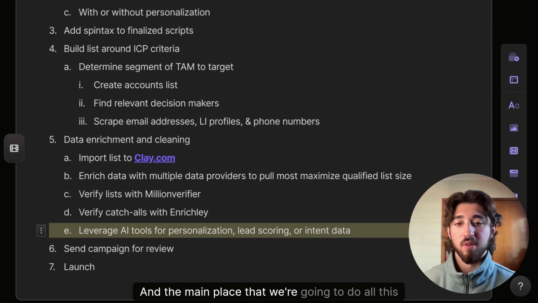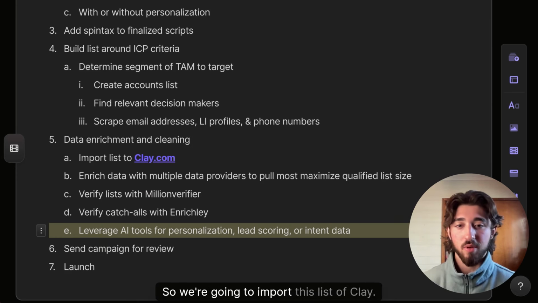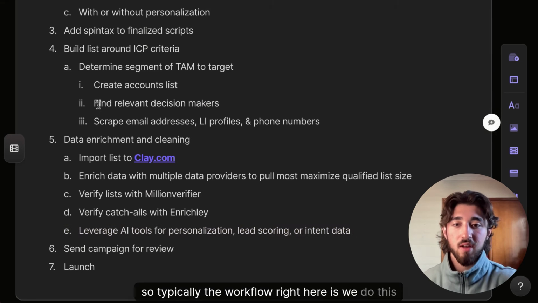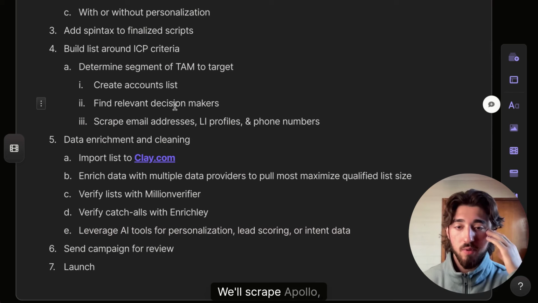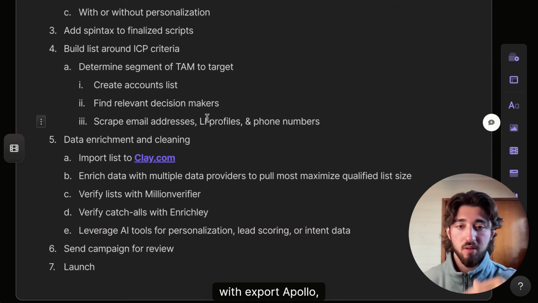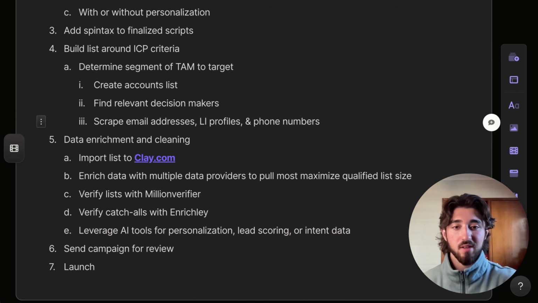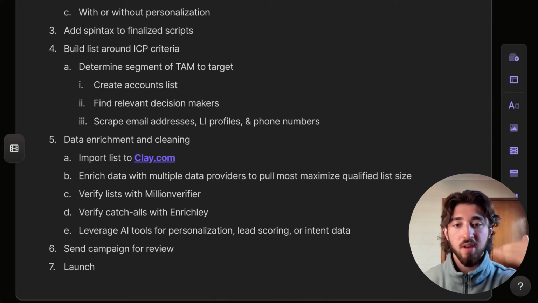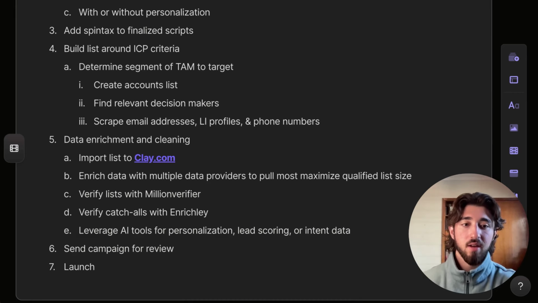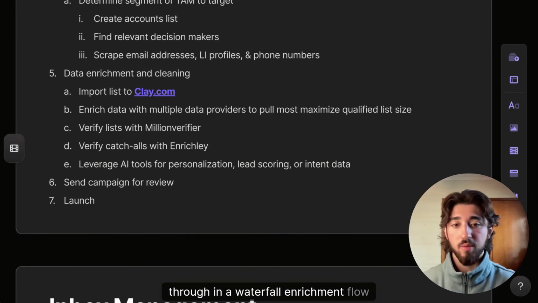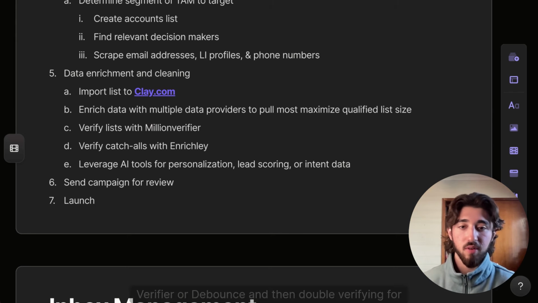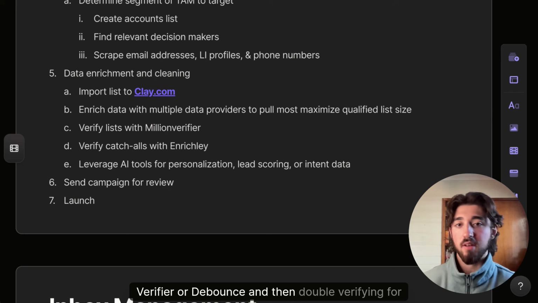And the main place that we're going to do all this stuff is going to be within Clay. So we're going to import this list to Clay. Typically the workflow right here is we do this all in Apollo. We'll scrape Apollo with Export Apollo, get the email addresses, the base contact info, import that into Clay, and then this is where we're going to use the other tools like Prospeo, ICPs, all that stuff to enrich the data